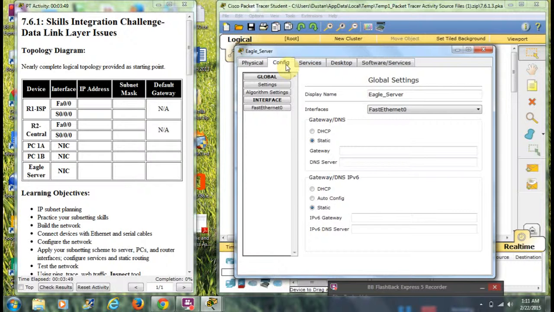After we get that turned on, we want to go up to the config area, and we want to come down here to the gateway area. We want to type in 172.16.3.62. Then for our DNS server is